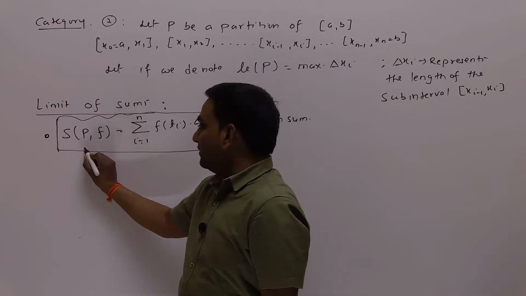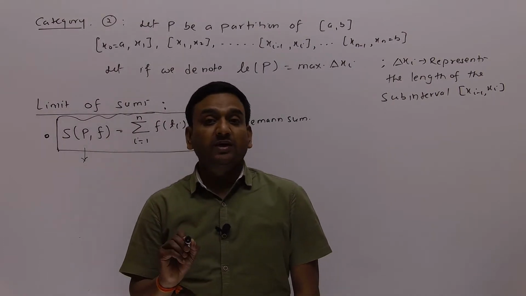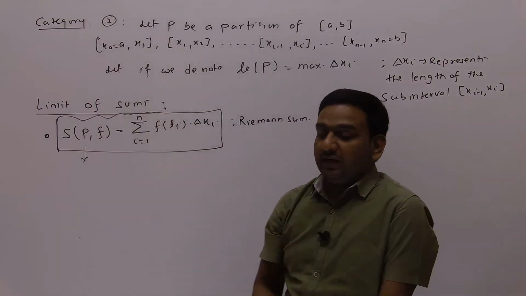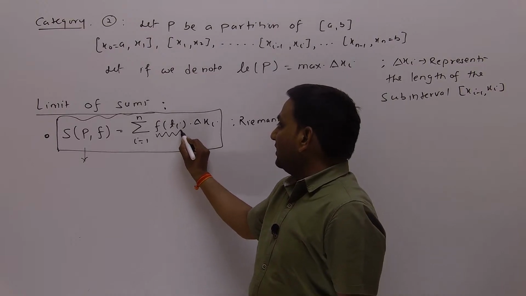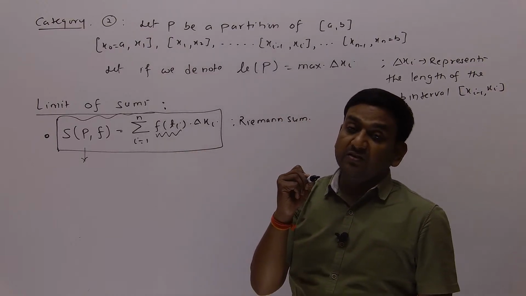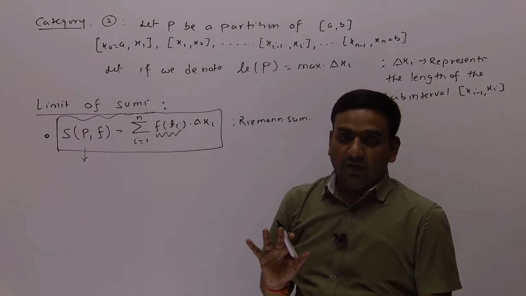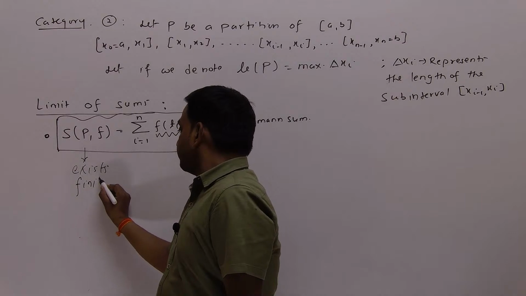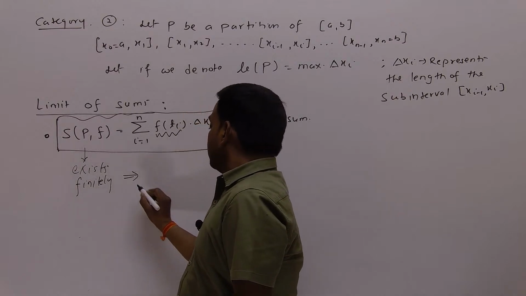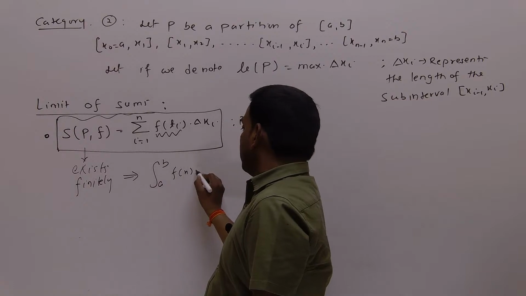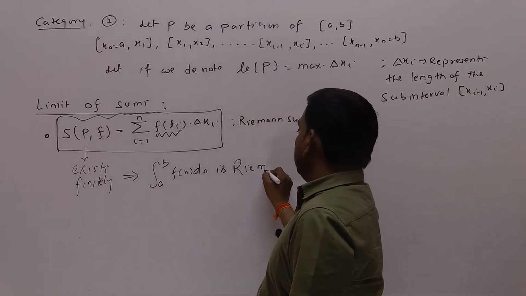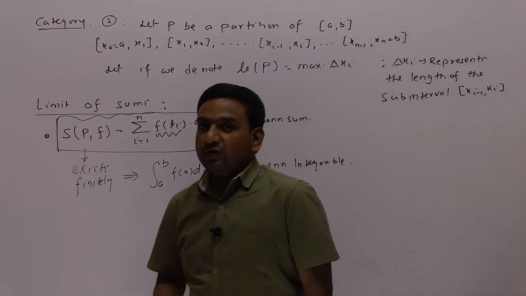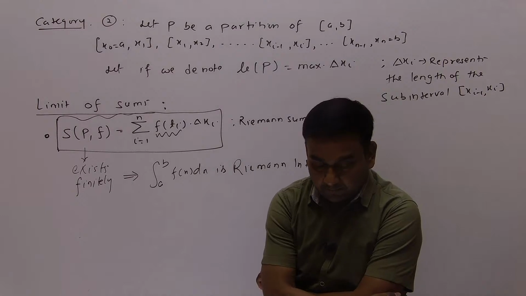Here, if you get this Riemann sum, अब ये Riemann sum क्या होगा? You have taken out the upper sum, you have taken out the lower sum. But here in this case, you did not consider lower bounds and upper bounds, but you consider the value of the function at that point. Now, if this exists finitely, what will you say? This will imply whatever integration you have given here is Riemann integrable. Okay, so that is the second category of questions here.